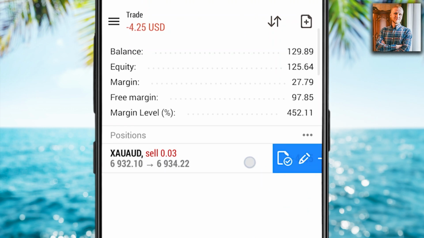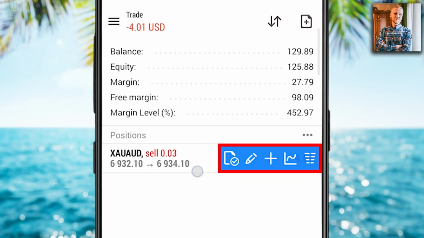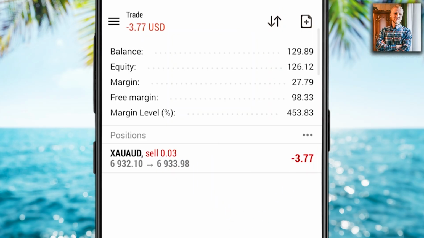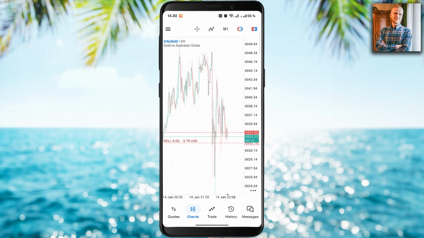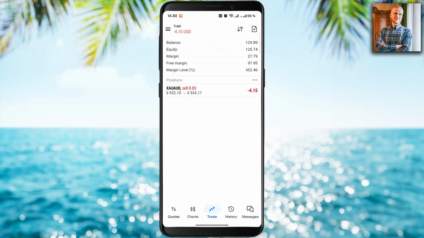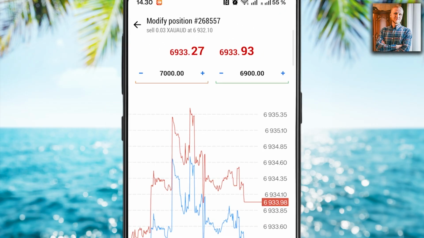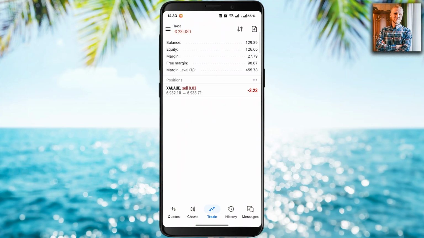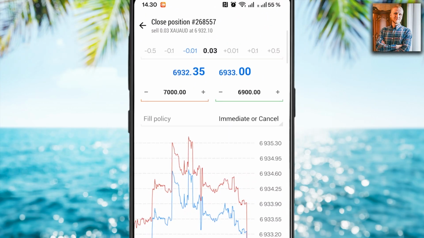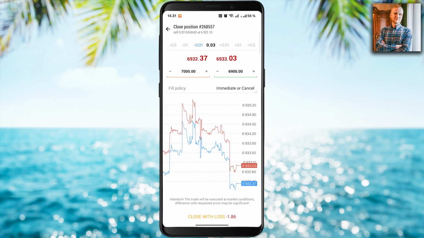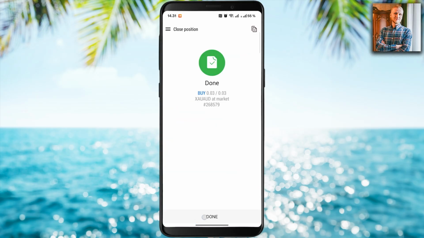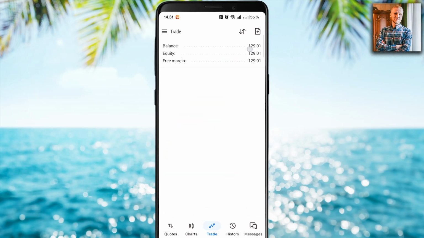You can also move your finger like this and it gives you different options right here. For example, if you click this chart icon, it will show you the chart. Then if you click, for example, this one, it will allow you to modify the trade. And if you click right here, you are able to close your position. So I click here close with loss and you can see it's done, and now we are again on the